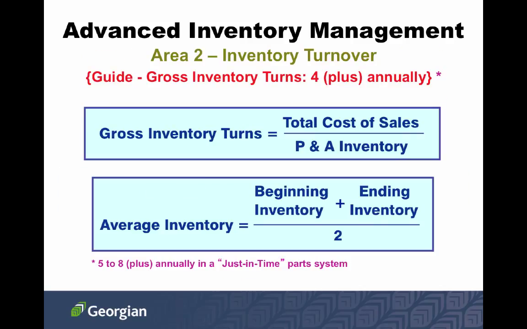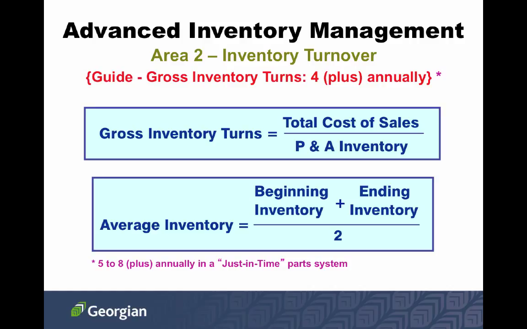Now we get into area 2, and that's inventory turnover. We've talked in a couple of contexts about the importance of inventory turnover, and the first measure is gross inventory turns. And a good guideline in the WSO setting is 4 plus annually. Okay, it shows in the asterisk on a footnote on the bottom 5 to 8 plus annually in the just-in-time